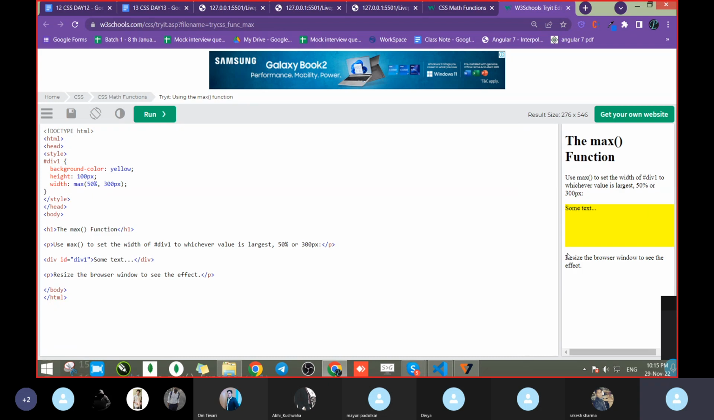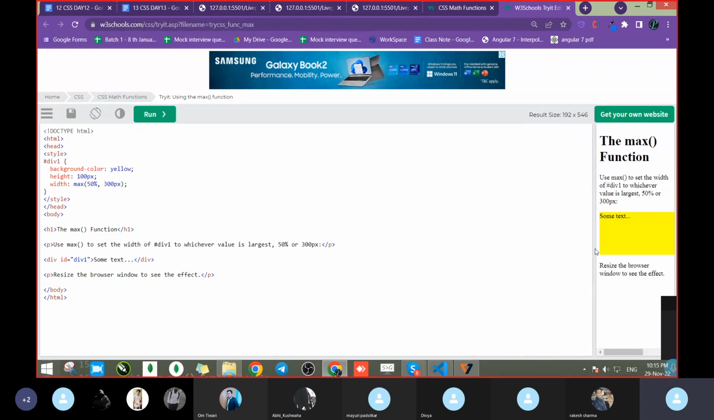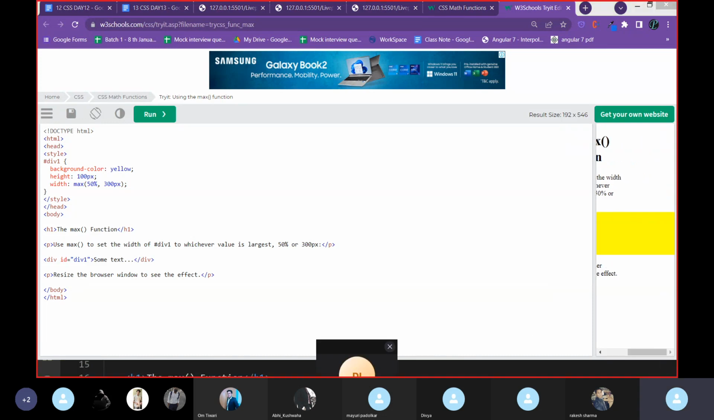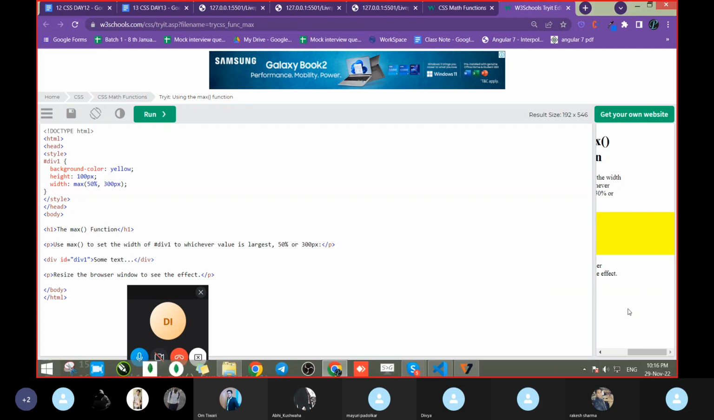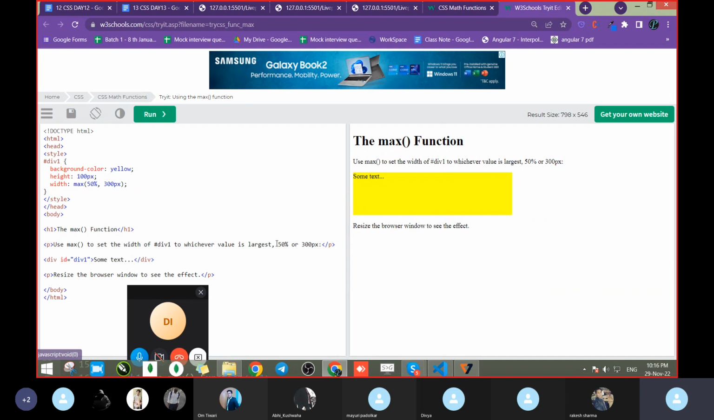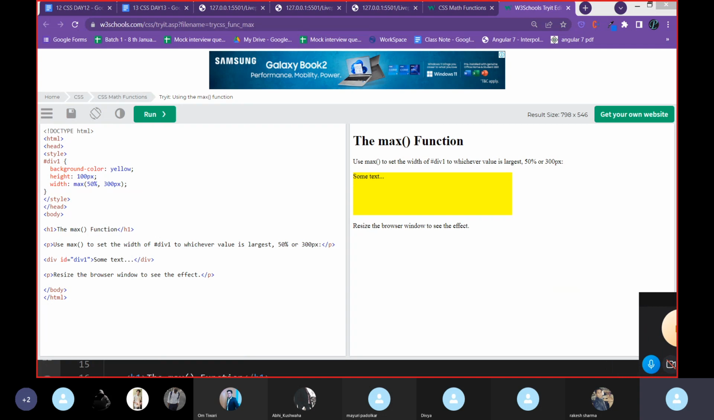This will again help you. Now see, it is up to the last. This is going to be the last, it means 300 pixel. Correct? Because this value will be more, so it occupies according to the screen. So this type will help you in what